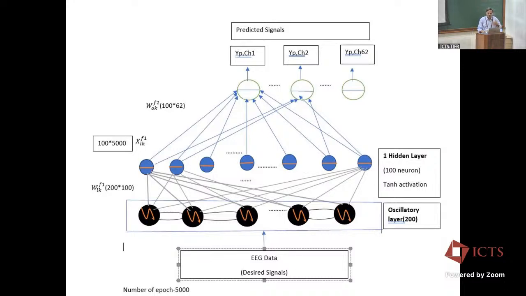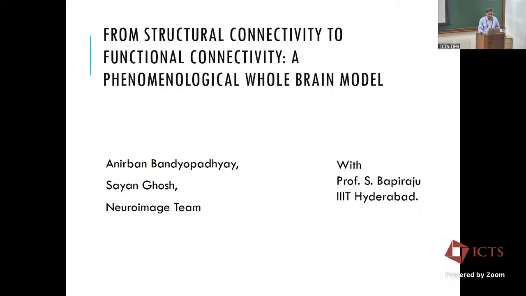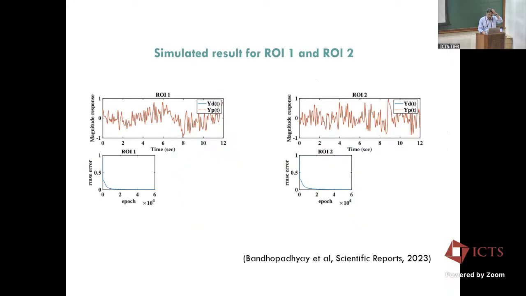We wanted to show that these general architectures which work in AI work here also. In fact, that's the thing: this combination of oscillators and typical machine learning techniques seems very powerful. Similarly, for fMRI also, we've done similar exercises. There are a lot of other results, which are in the paper.